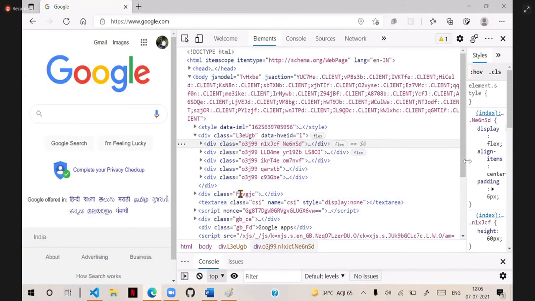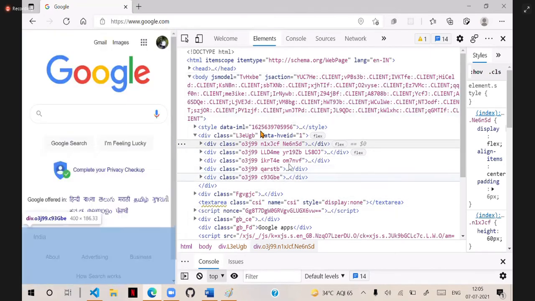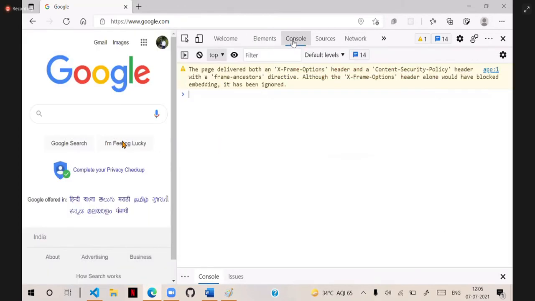This debugger will show what code is written for presentation. Does it have any errors? There is a console, which shows whether there are any problems, warnings, or errors. You will learn about that while learning HTML, JavaScript and all, step by step.